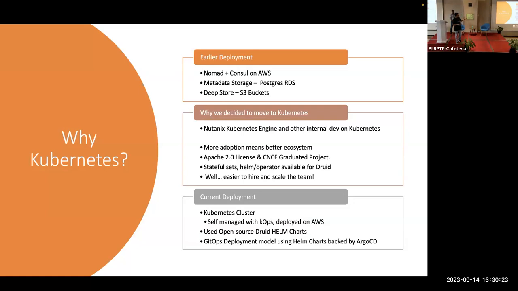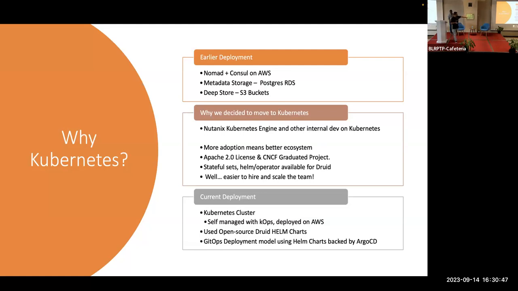And finally, the current deployment. This Druid cluster is deployed on AWS, but we don't use EKS. We are quite scared of being locked into one vendor. We always want to keep everything vendor lock-in free. So on AWS machines, we use something called kOps, Kubernetes Operations.